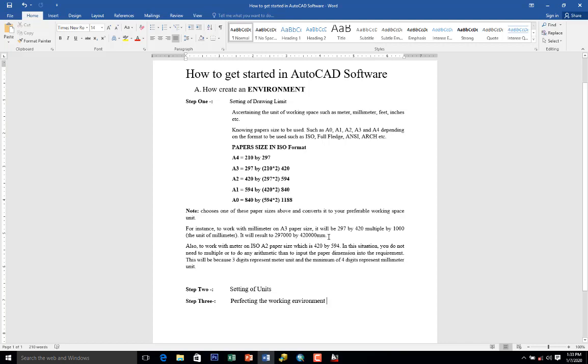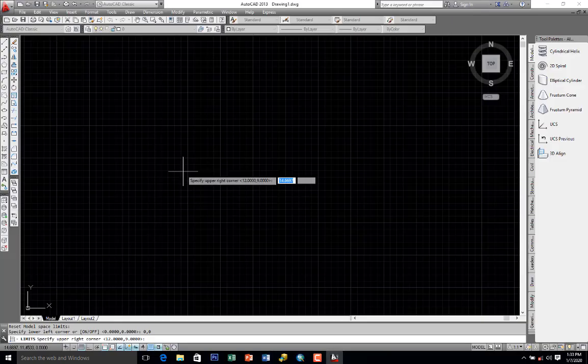Then just input what you have here. If you convert, you are going to get the same dimension, the same measurement, the same result. By doing that, just put 297,000, comma. For you to lock this and go to the second one, you just press comma, 420,000 and enter. Wow,